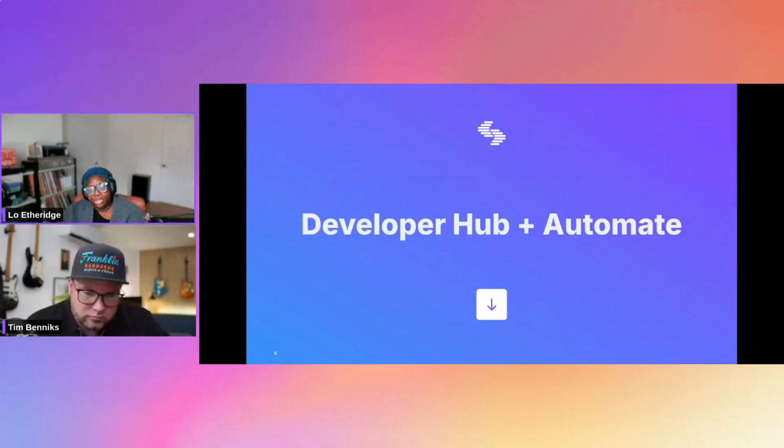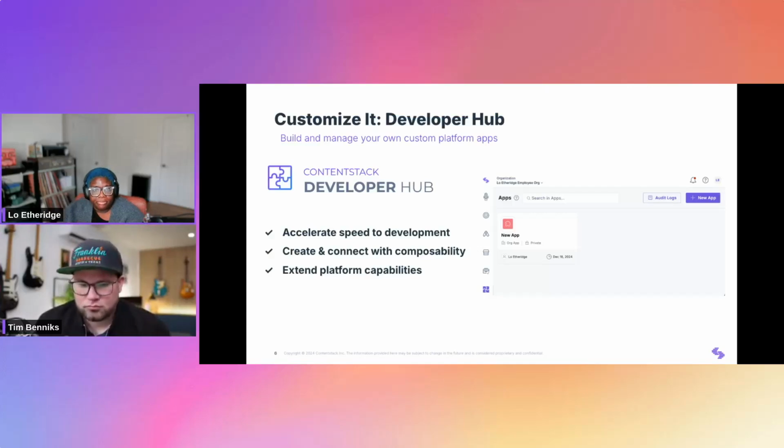So, Developer Hub and Automate. Let's first talk about the Developer Hub. What is it? Well, this is a place in Contentstack where you can build and manage your custom apps, right? So that means you can customize Contentstack, but also you can integrate third-party software or use it to extend the